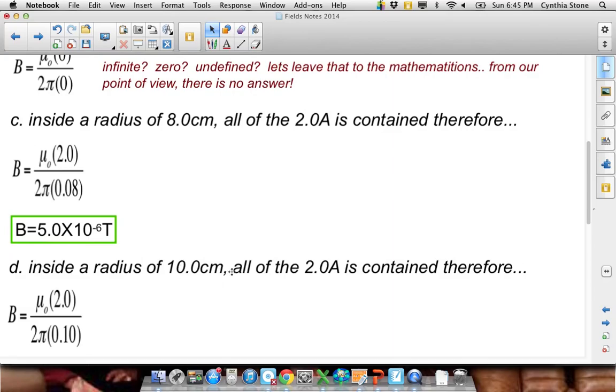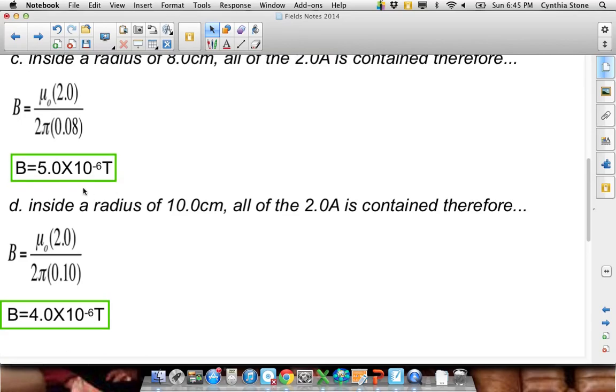At 10 centimeters, it's still the same thing. You've got the whole 2 amps on the inside, but now your R is 0.1 instead of 0.08. So now you've got a slightly smaller number, which makes sense, right? Now that you have something to compare it to, it makes sense that it's a little bit smaller because it's